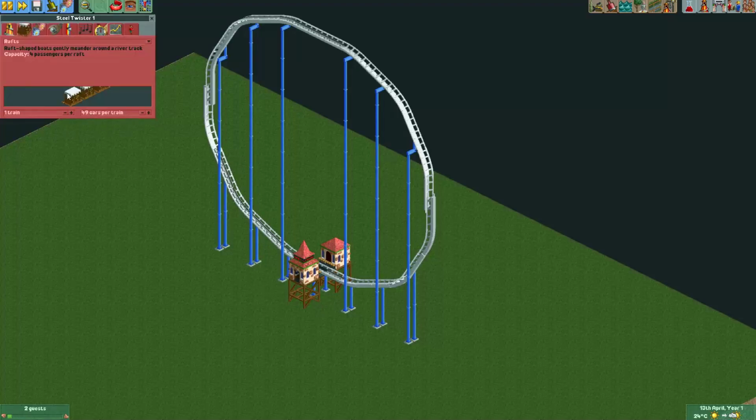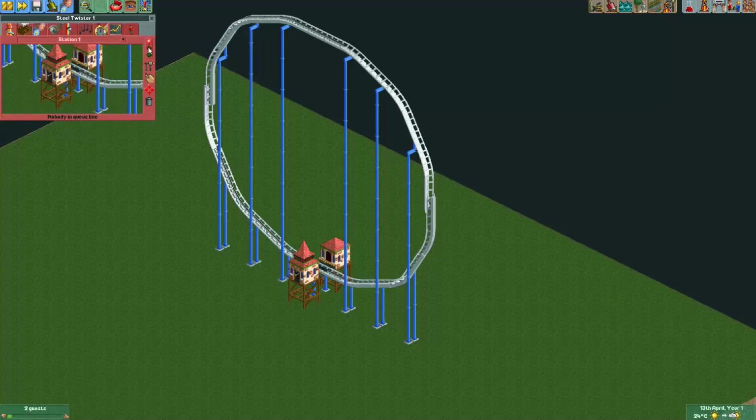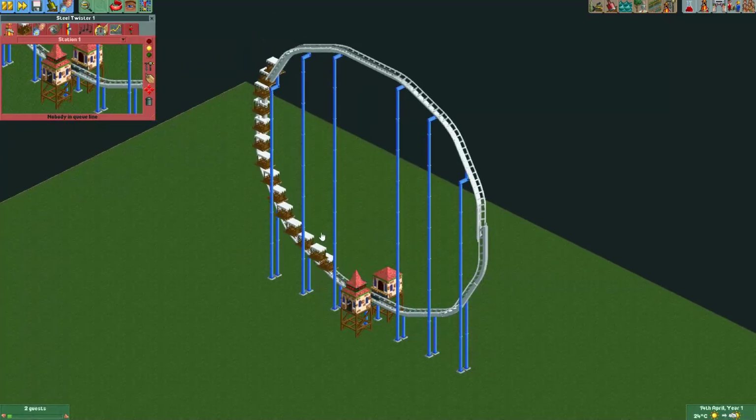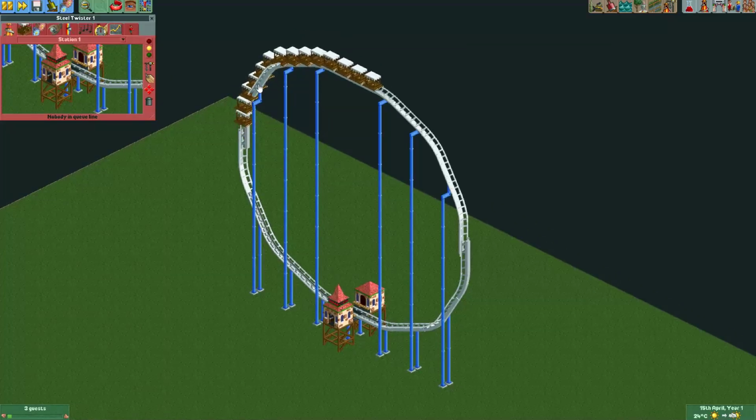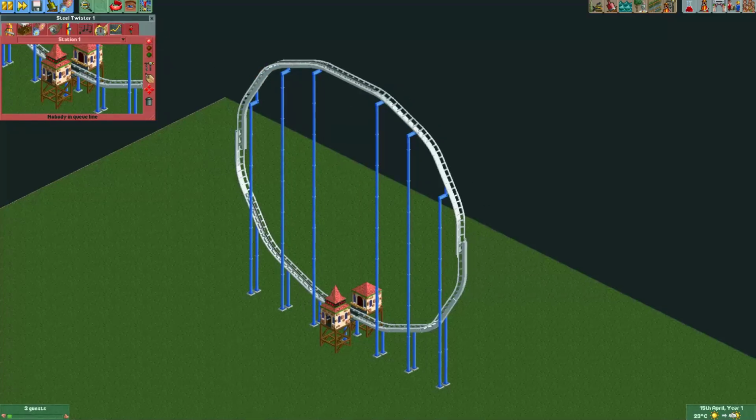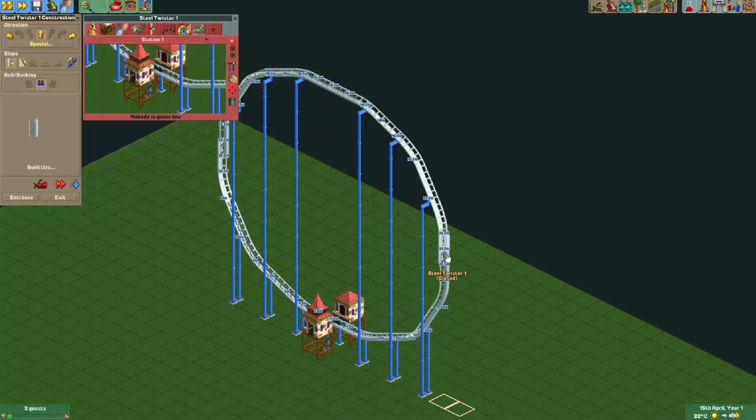Now if we try to spawn this 49 car train here, you'll see something weird happens. All the cars end up bunched together, and that's not something we want. Actually there are 49 cars in this train, just the last 30 or so are all bunched up in this last car. So in order to allow them to spawn, what I will do is